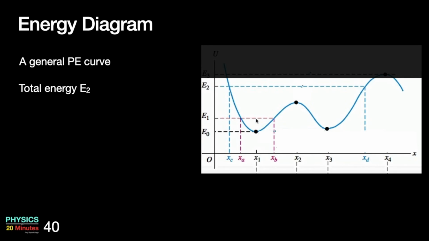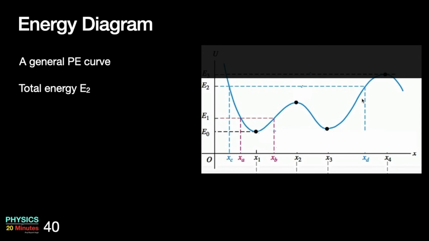As the particle moves towards the right side, the potential energy increases. So the kinetic energy decreases. So the speed of the particle will decrease. As the particle is here, the potential energy has a maxima. So the kinetic energy will be minimum. And again, as you move towards the right from this, potential energy will drop, kinetic energy, and therefore the speed of the particle will increase.